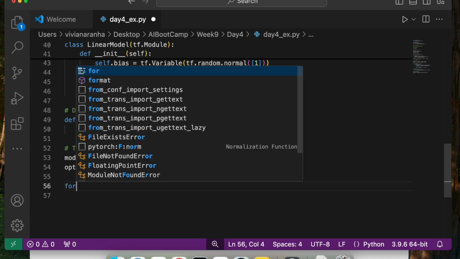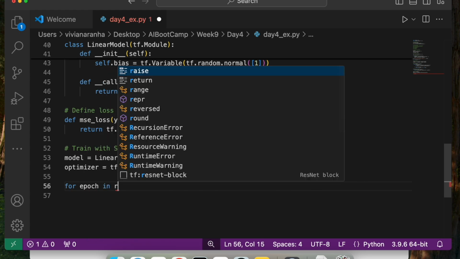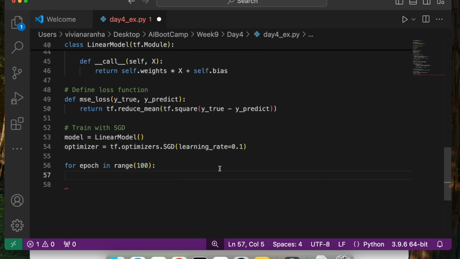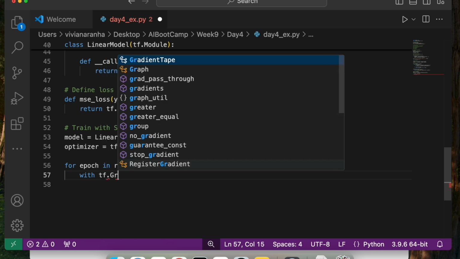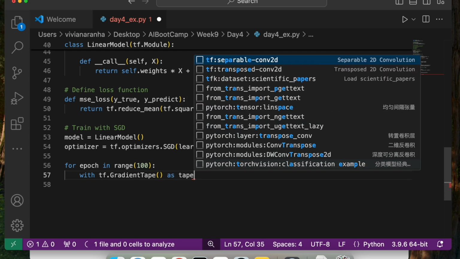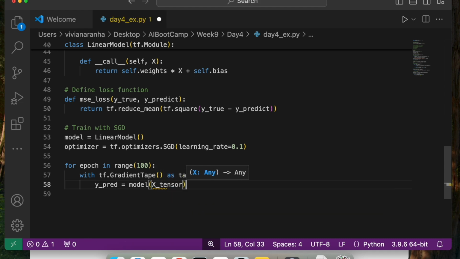Next thing is, now let's go through each and every iteration. We have not defined any iterations here, but I'm going to say in the range of 100, I'll open tf.GradientTape as tape. y_pred equal to model, and pass x_tensor to that.